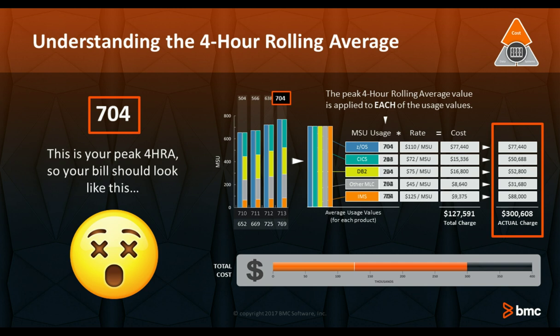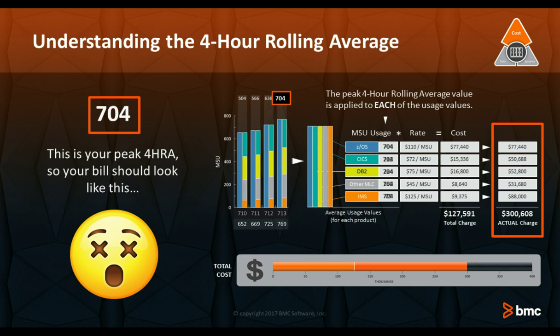How many MSUs did CICS use? And I would multiply that by the rate of the MSUs, and that would give me my total cost. In this case, that total cost is $127. However, the peak rolling 4-hour average is applied to every product that was running on that LPAR during that peak